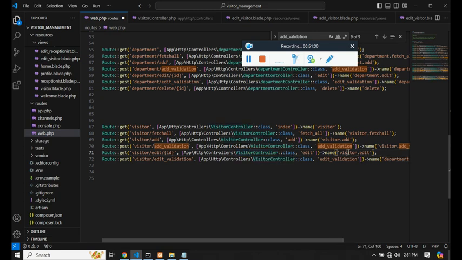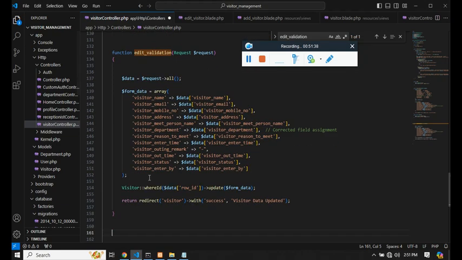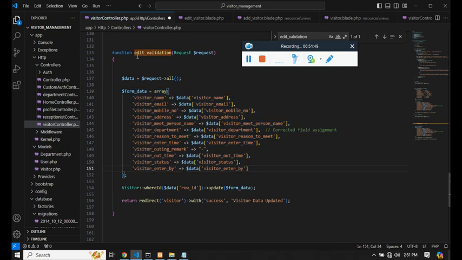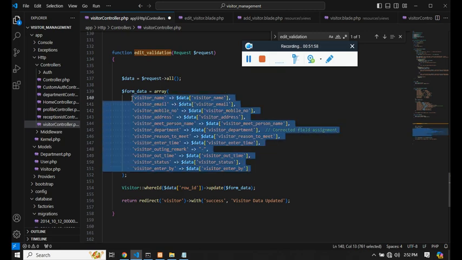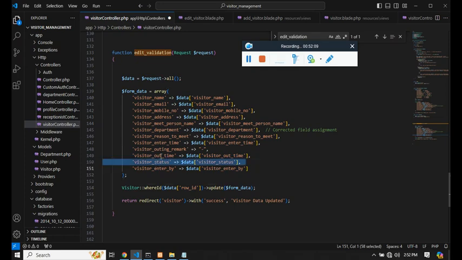Visitor, create edit validation function in the controller. Editing is going to be similar. We don't need the required, but we just need to update the data into the table. We don't need outing remark, that's why it is blank. So everything else we have filled with the help of the input field, and the main thing that we have to focus on is exit time and status while editing, status and out time,